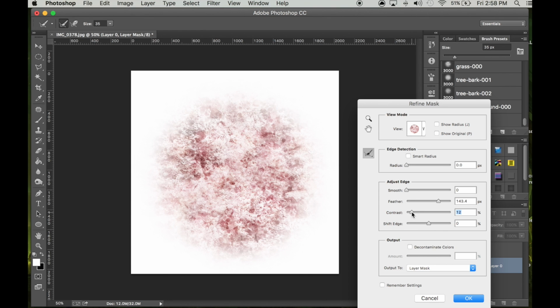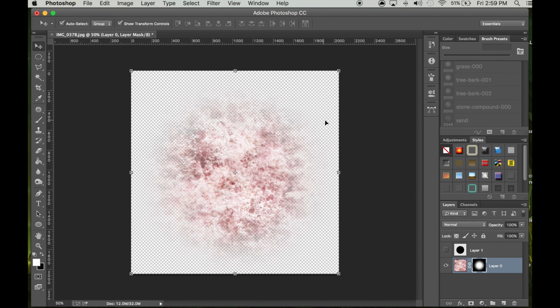And you can also use these values to adjust the feathering and the shift edge slider. Okay, so once you're done smoothing the edge of the mask, what you want to do is click OK, and as you see, you get a feathered circular portion of your image. And what you want to do next is select the image layer, the image portion,